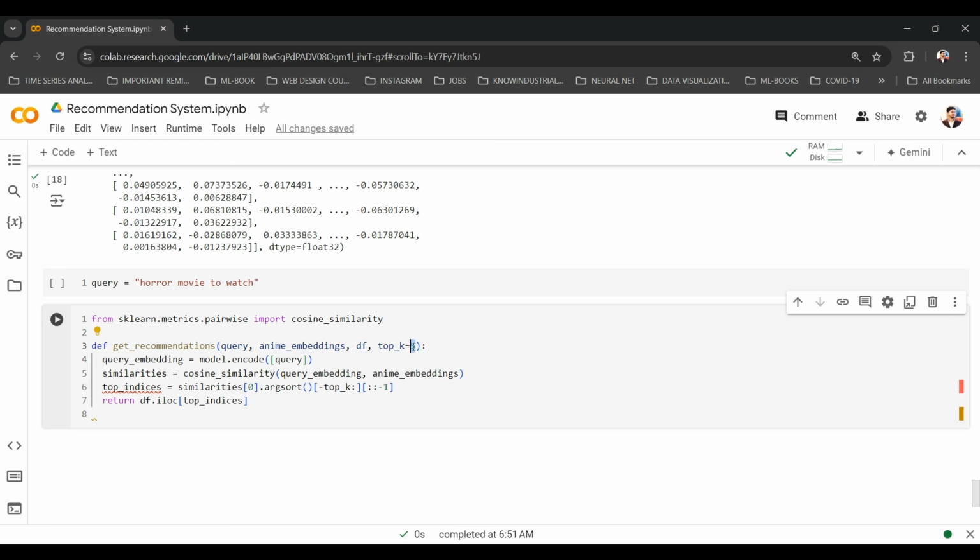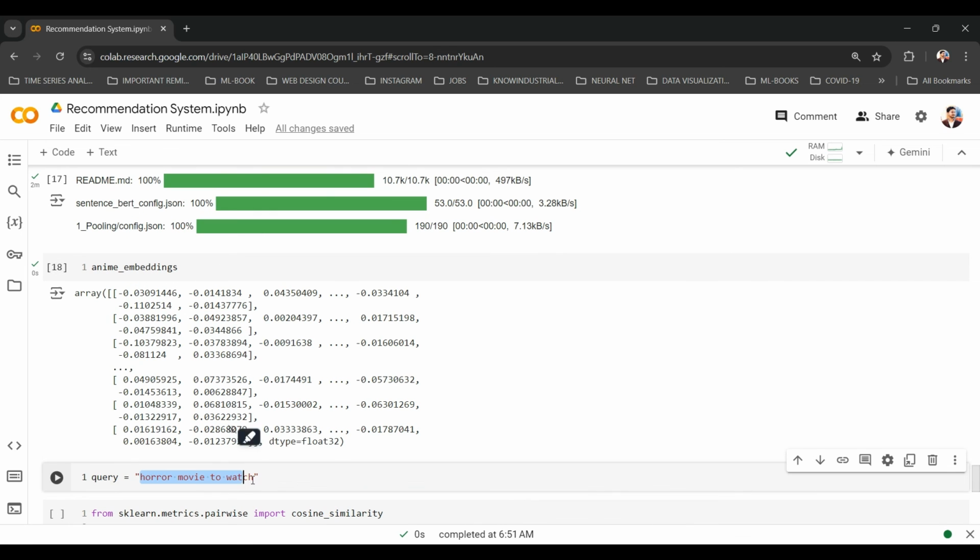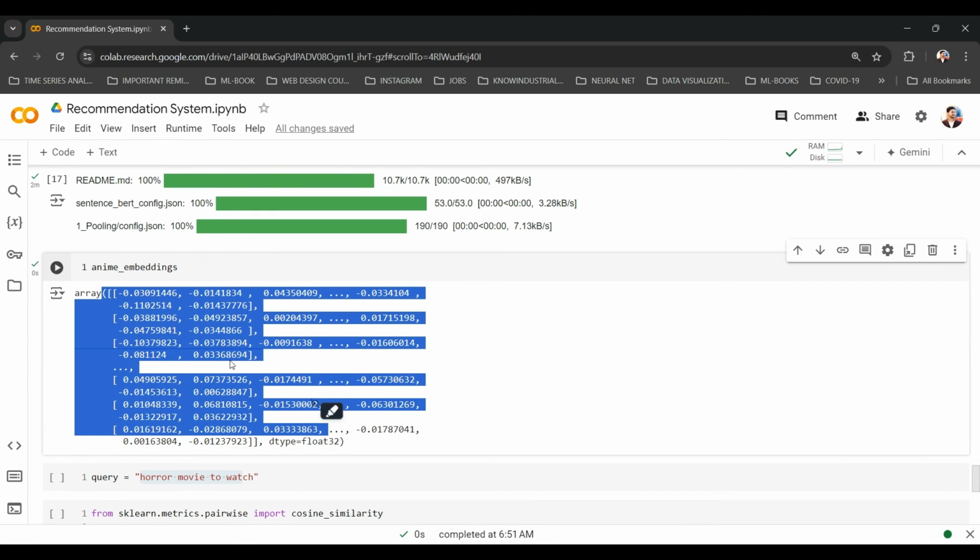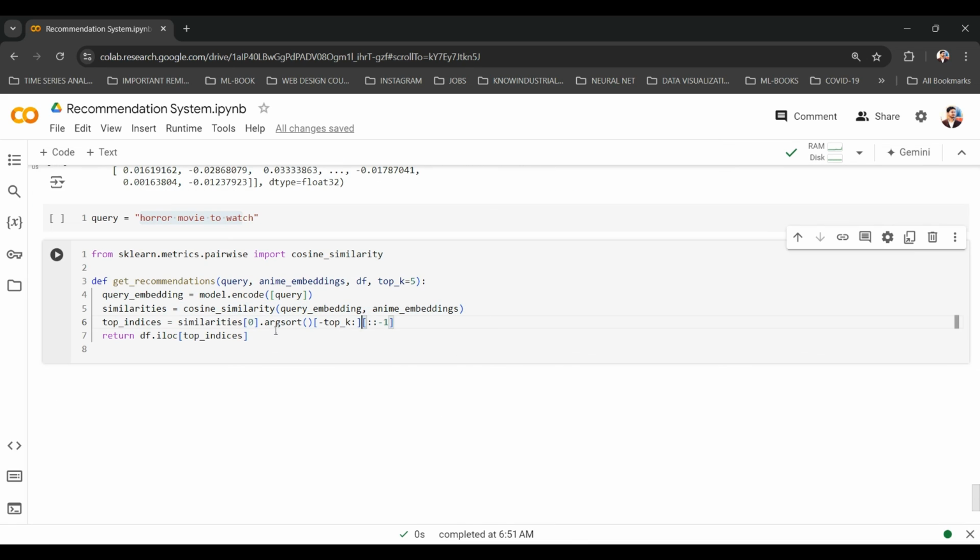Okay, so if we needed more recommendations, we will pass in that number here. This will basically sort it and take the top 5 of it. Okay, that's all it is doing. This will return the similarity measures for our sentence with all these sentences. Okay, we only need the top 5. So that's what we are doing here. We are sorting it and taking the top 5. Okay, that's all, and we'll return that.